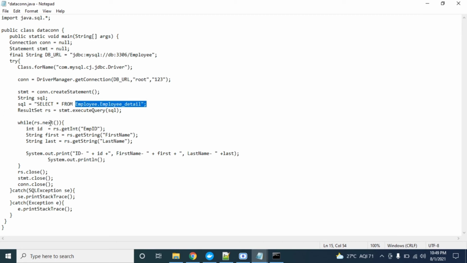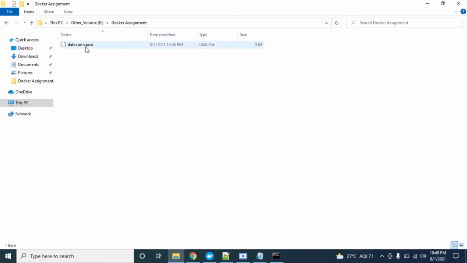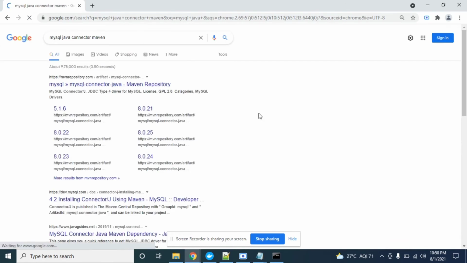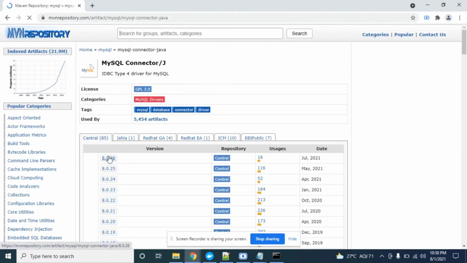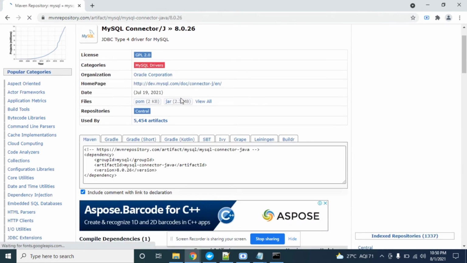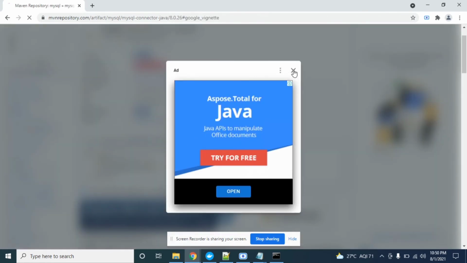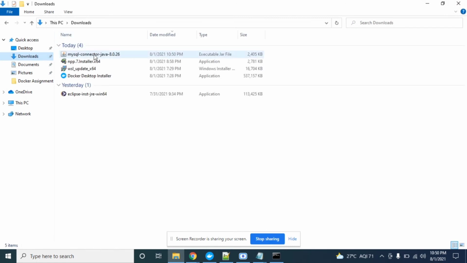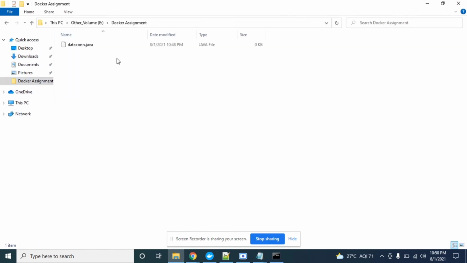One more thing: to connect to that database, we need the MySQL connector Java jar also. We can simply keep this jar in this folder only.